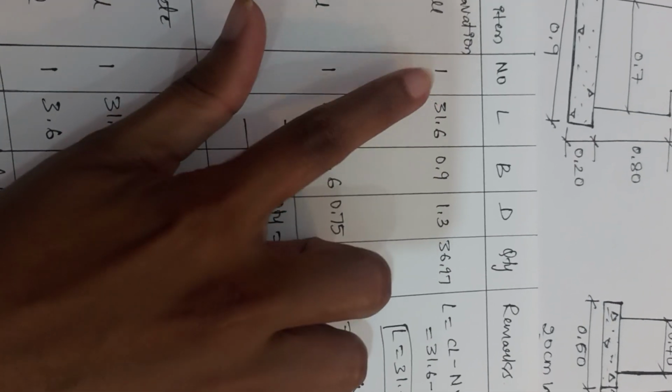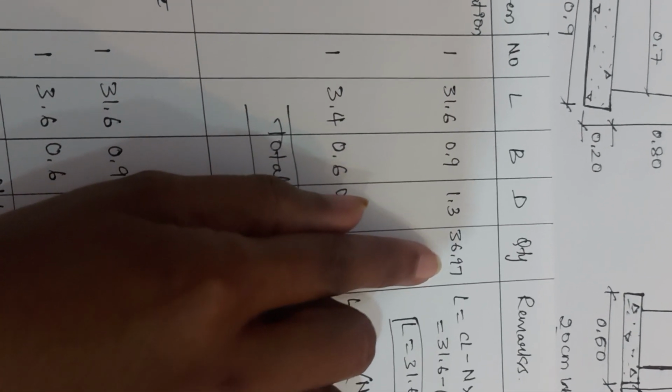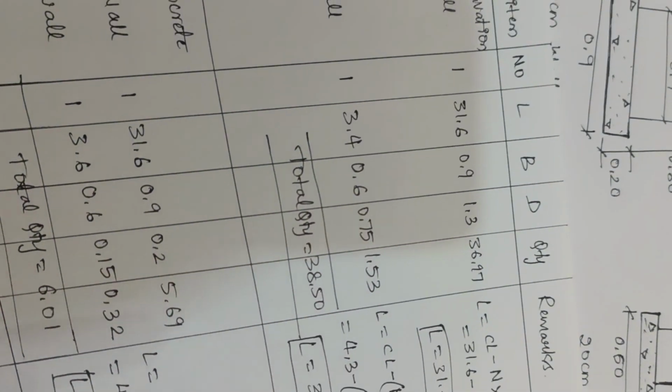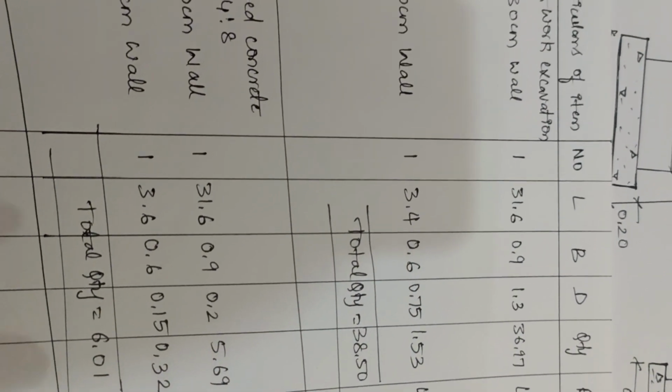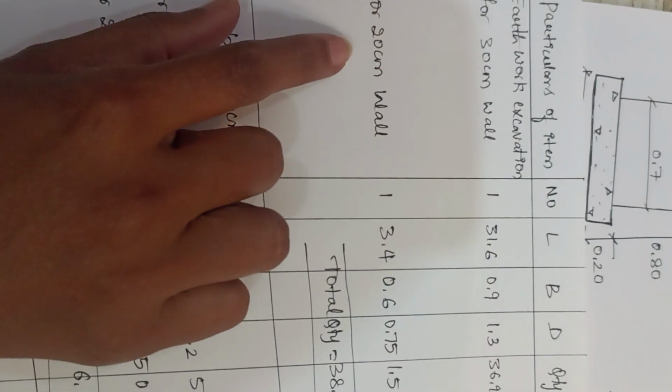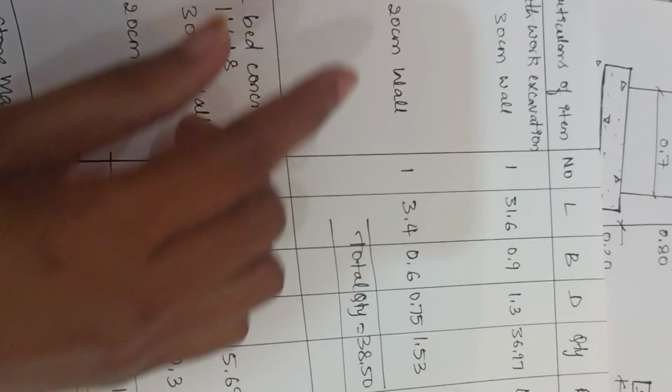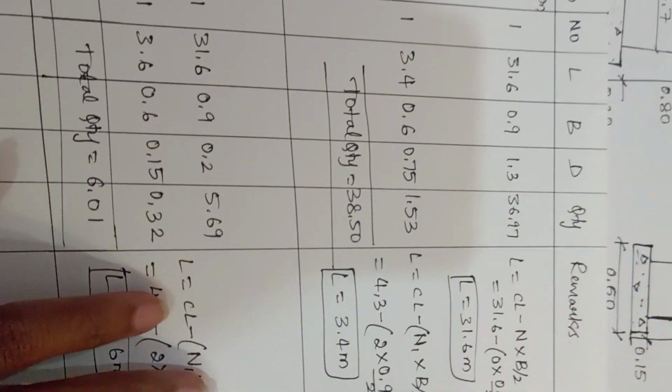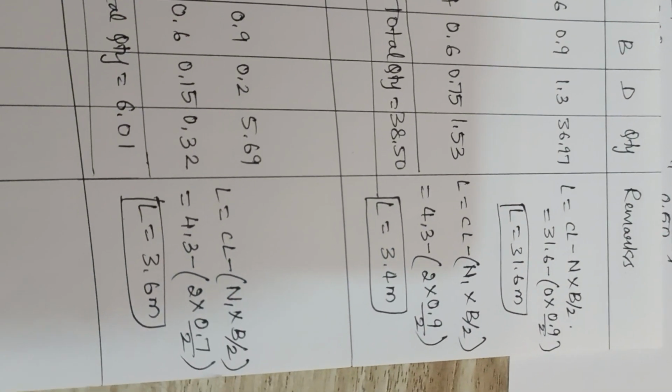Then to find the quantity, you have to multiply all the 4 values. On multiplying all the 4 values, you will get a quantity of 36.97. So that gives you the quantity of your first 30 centimeter wall. Similarly, let us do it for the 20 centimeter wall portion, for which you have to refer to the formula,